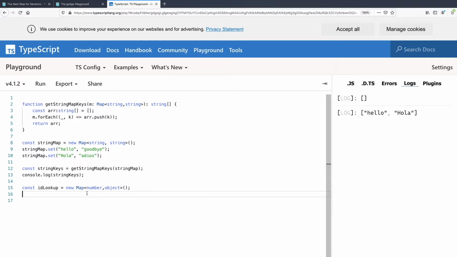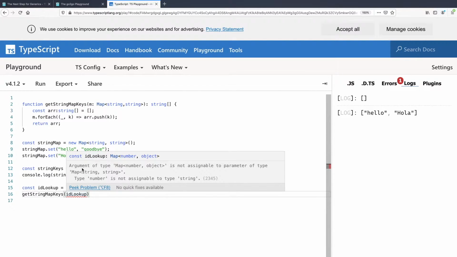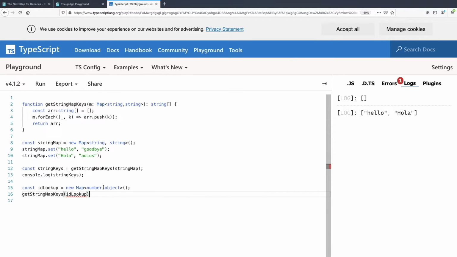And you'll see that if I try and use this method with our ID lookup, I get an error because this map is not assignable to this type of map. So what this would force me to do is implement a whole other version of this method for this kind of map. And then if I have a third kind of map, any variant other than string key, string value, I have to re-implement this method. And that's a pain in the arse. And it's going to result in loads of code and loads to maintain.